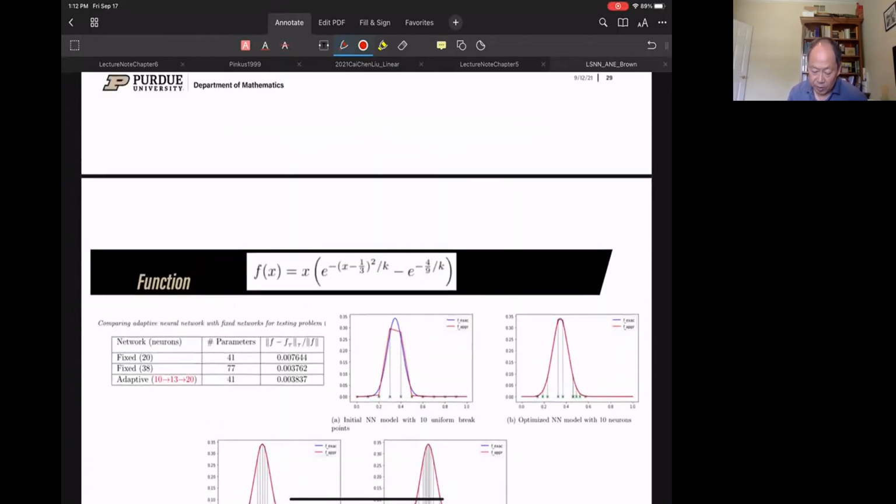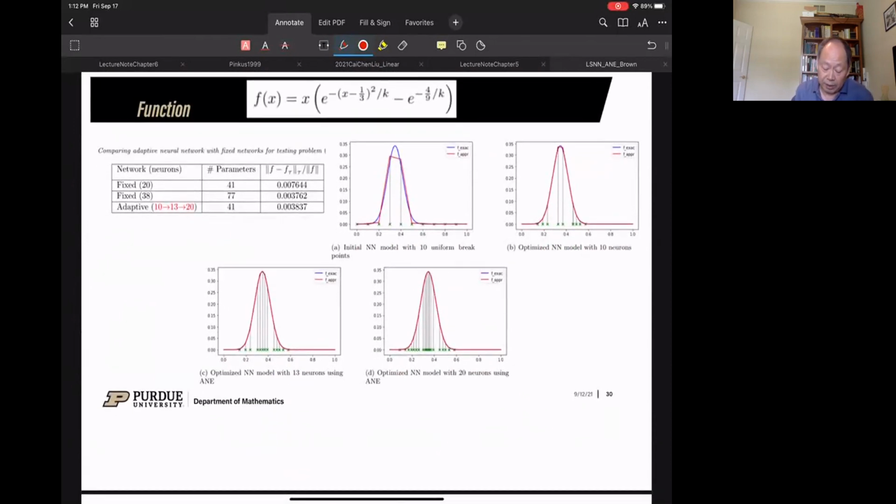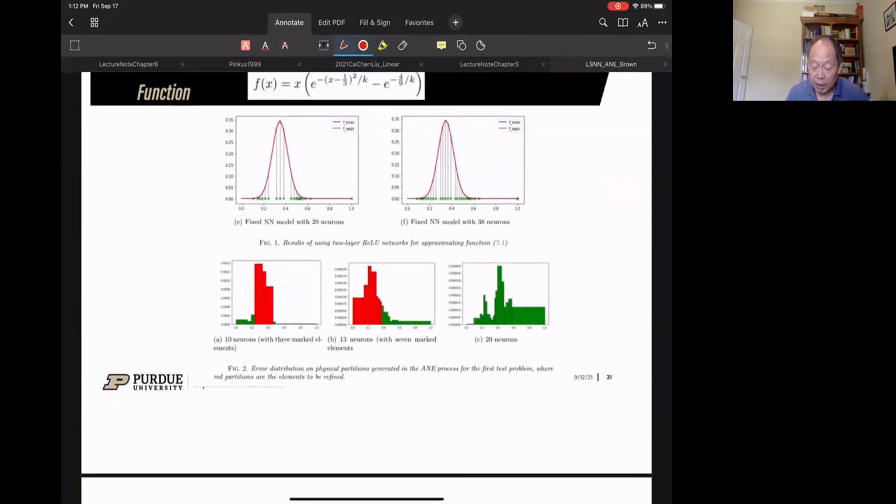Yeah. Okay. So the first thing is learning simple functions. What you see from this table is that we started with 10 neurons. Then we enhanced by adding 3, then we added 7. Of course, this is the first step, just the initialization. Then once you train, you get a very good approximation. Then we enhance by following the procedure: we compute the local errors. This red one is the region we need to refine. In terms of terminology, we add 3 neurons in the right place, giving us the right initializations.